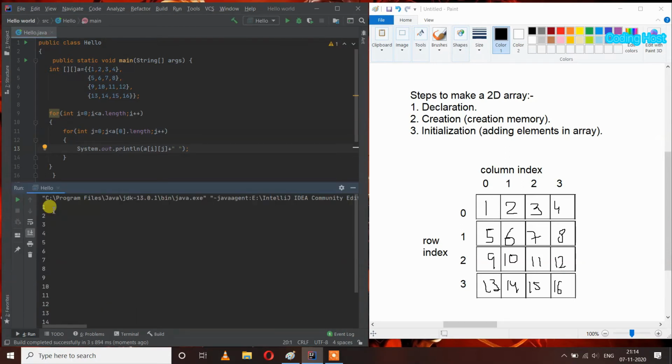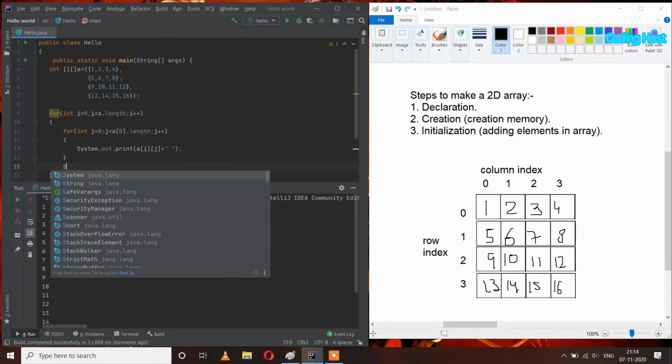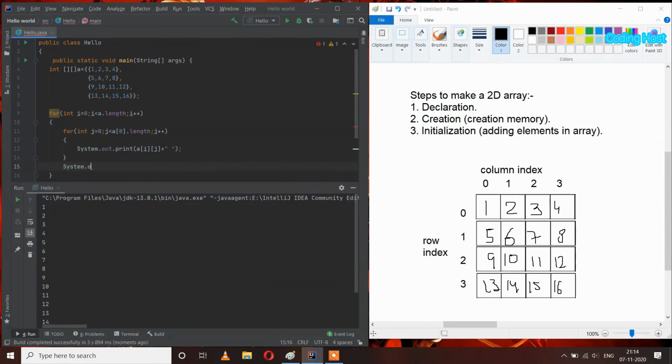Here you can check that we are getting elements in different rows. I have to make some changes here. I will remove this ln from here, and I will write another System dot out println here, println. So now let's run this program.